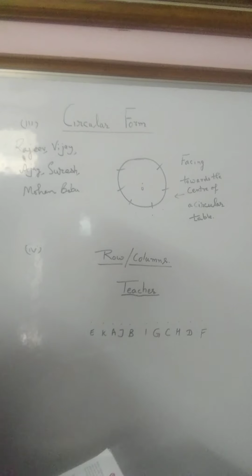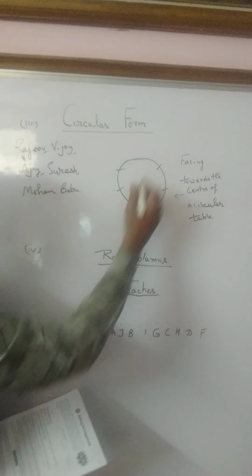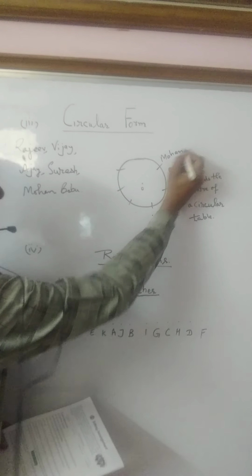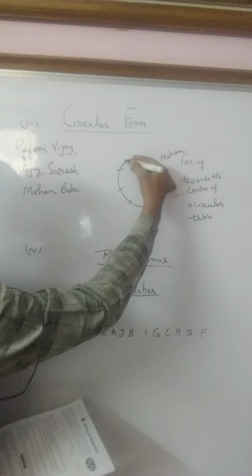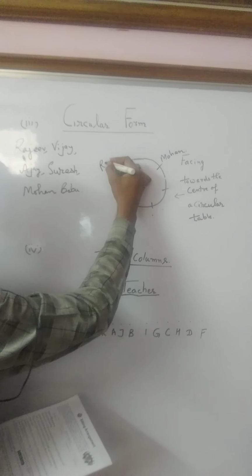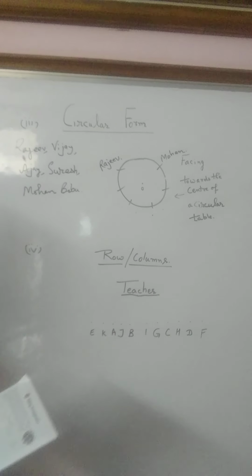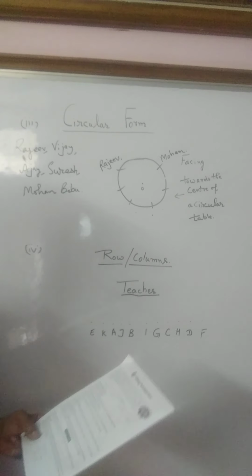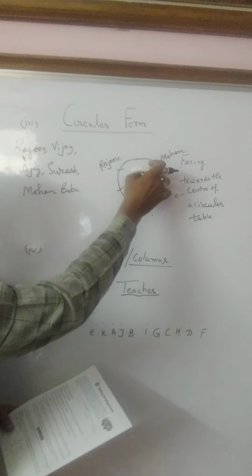Now Rajiv is sitting on the right of Mohan. This is the first line. If I consider Mohan, M-O-H-A-N, Mohan is sitting here, then on the right hand side Rajiv will be here. So first line, explain it correctly. Second thing is, but he is not just to the left of Vijay, means in between there is no Vijay.